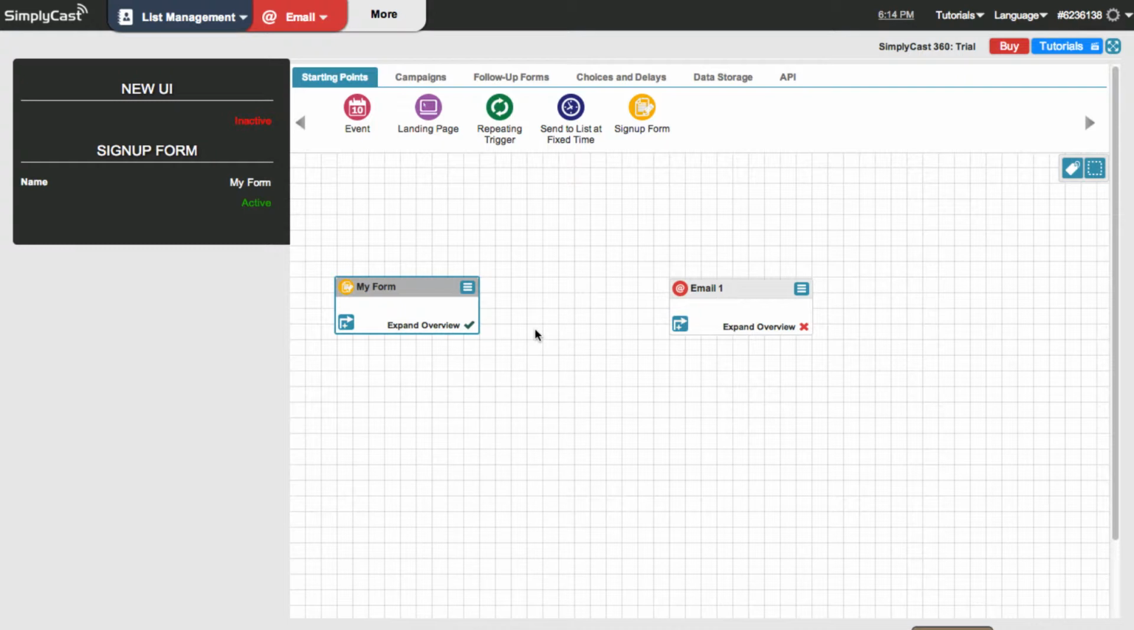Joining elements is the same as before. You just want to look for this icon here with the arrow and the plus sign. Just do a single click and then drag it over to the element you want to connect. So right now, if anybody signs up to my form, they would immediately receive this email that I've called Email